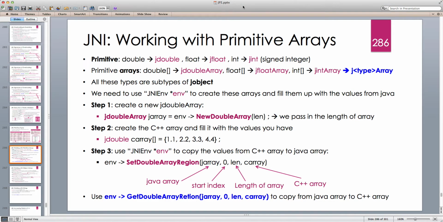In this tutorial, I'm going to continue our discussion on Java native interface, and in the previous lecture we discussed working with primitive array types, how to pass them to C++, how to return a Java array from C++, and we mentioned that this JNI environment is very important. It has a lot of nice functions or methods that facilitate the process of converting C++ arrays to Java arrays and vice versa. And the most important ones were